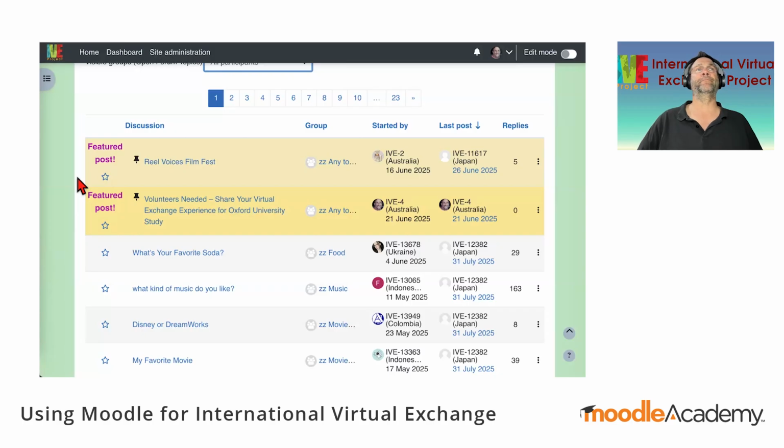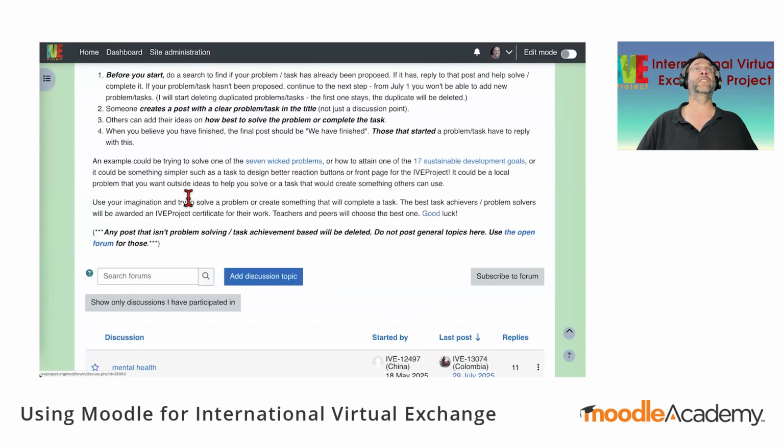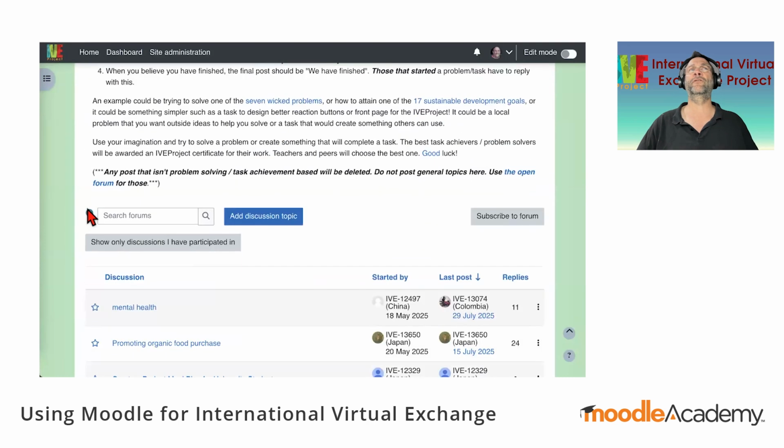Okay, so let's have another look at some of the discussions that happen in this open forum, and also a couple of others. This forum was really interesting, the Solve a Problem, Complete a Task. In the past, we've had students from Colombia who are in quite rural villages ask about changing the course of the creek in their village.